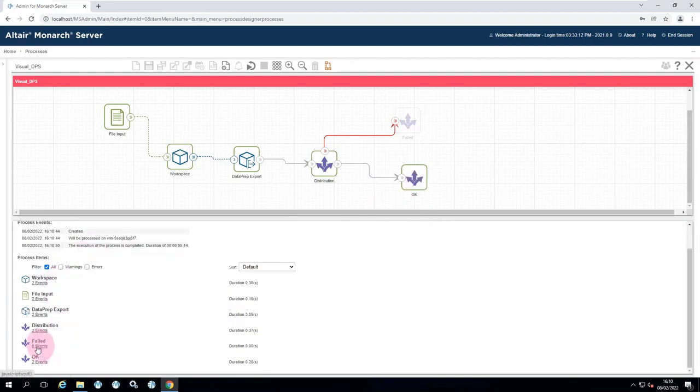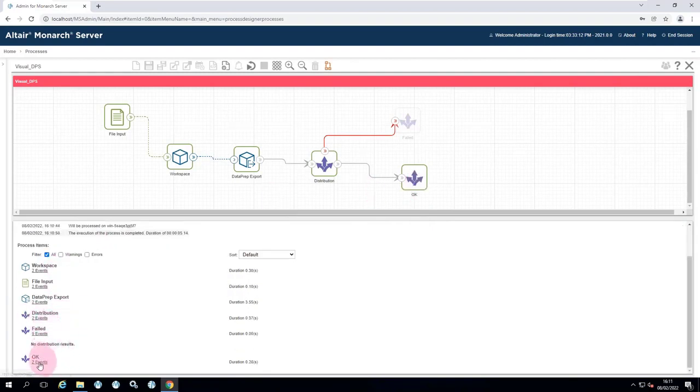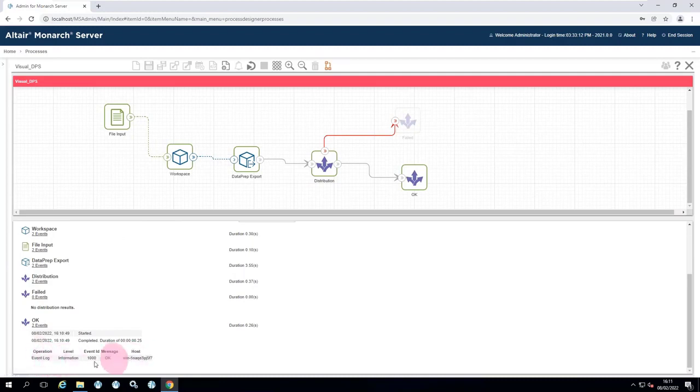And the distribution event, the failed event has not triggered. You've got 0 events, but the OK event in this case has written the log file, or could have sent the email, or could have copied the files, whatever we wanted it to do. If I rerun it,